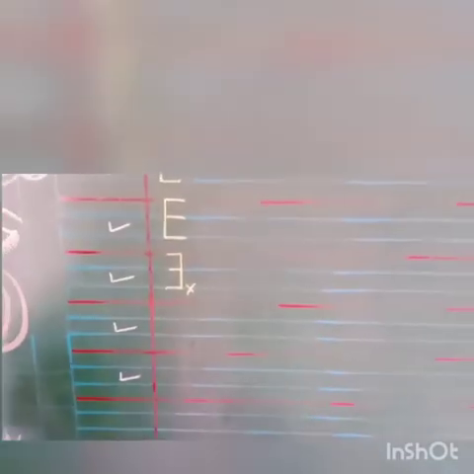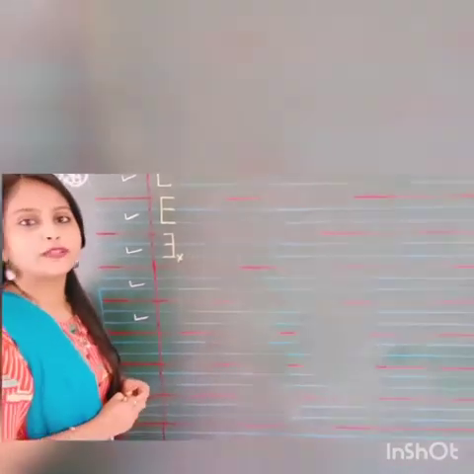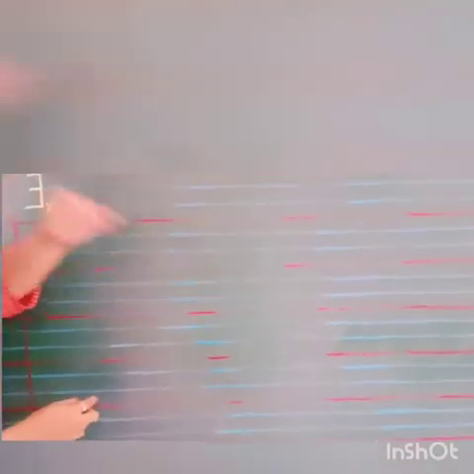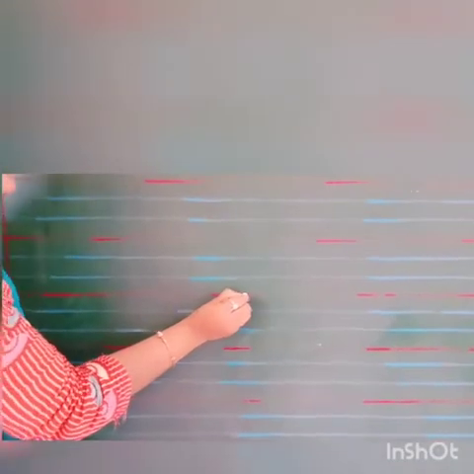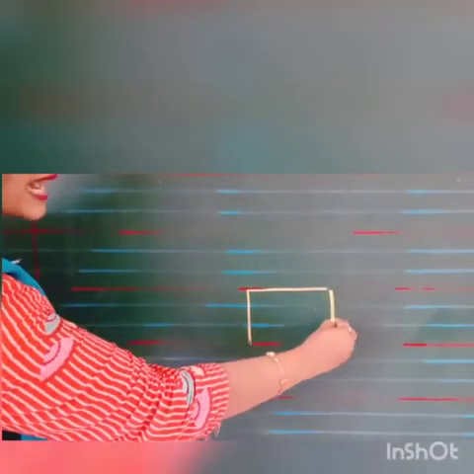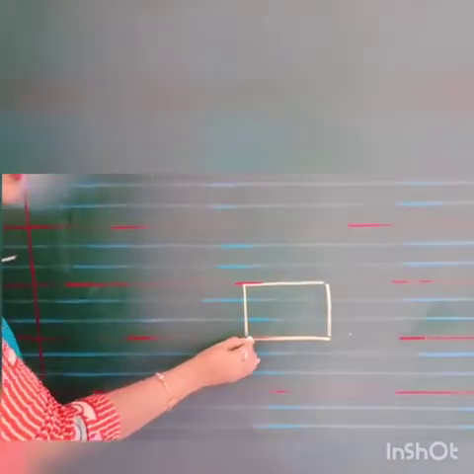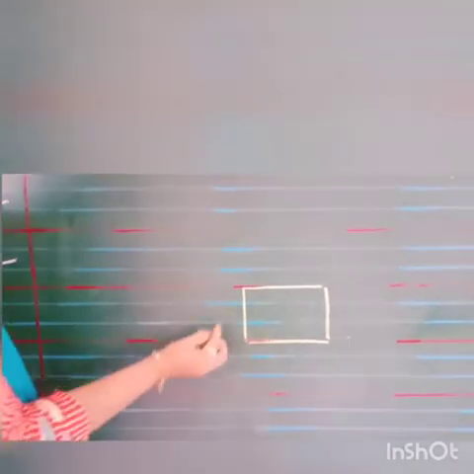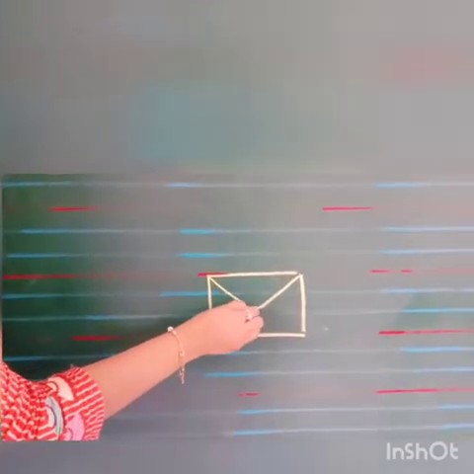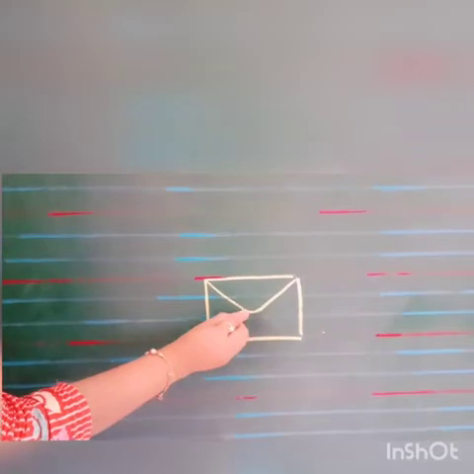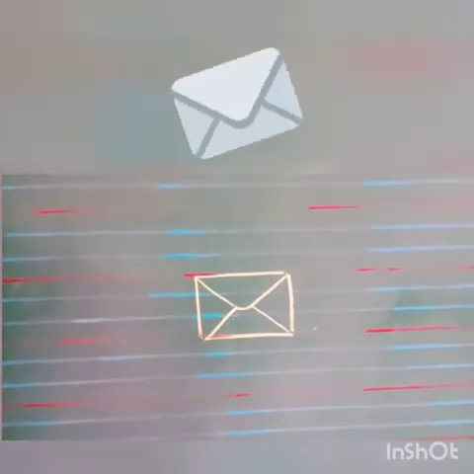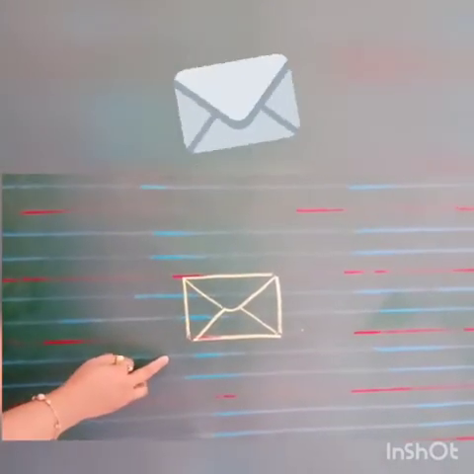Okay children? Now I will show what for E. We are going to draw E for envelope. Right? So first of all, leave some space over here and then draw one slipping line, then standing line, then standing line and slipping line. Children, which shape is it? Yes, this is our rectangle shape. Then you have to do slanting line and join it. And then from here do the slanting line and slanting line. Which picture is it? Yes, this is our E for envelope.